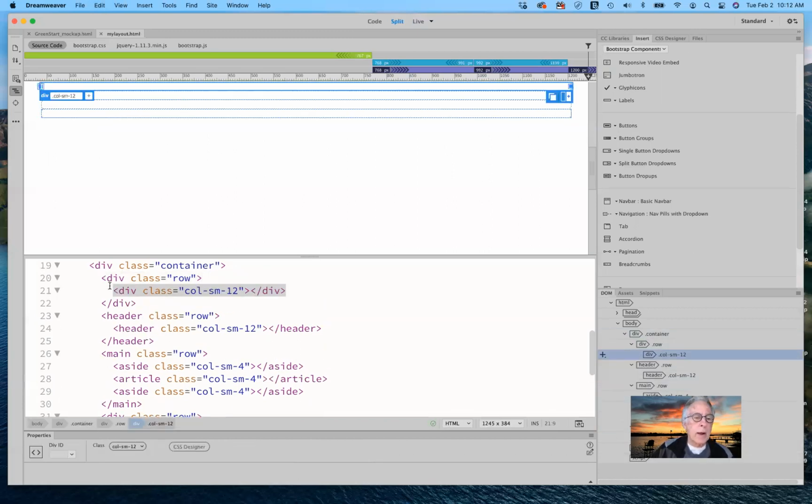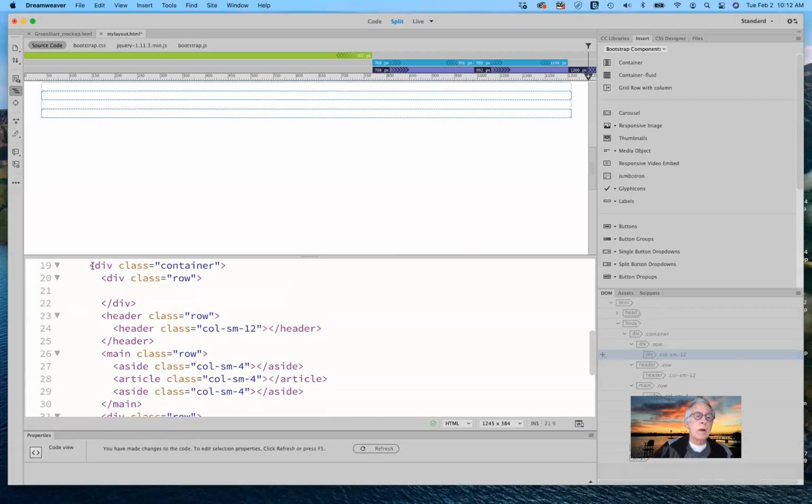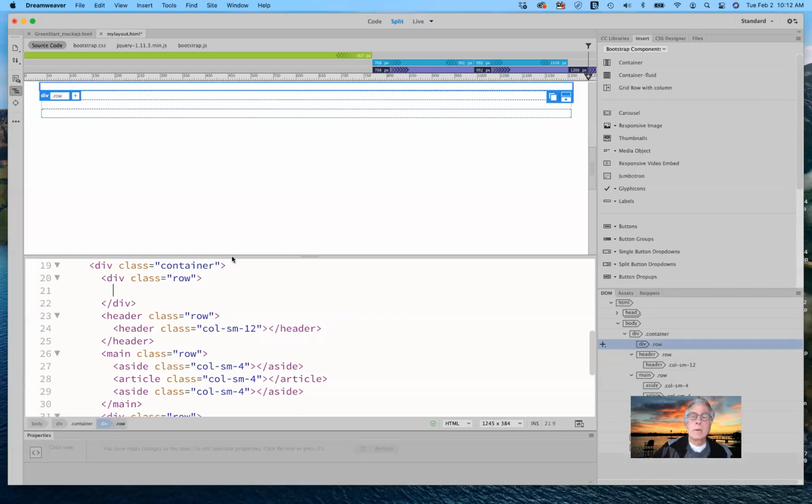The opening tag says div class row, and sandwiched between the closing tag for that div I have div class column small 12. That's what I want to get rid of. Sometimes I just prefer going into the code view, highlighting that and deleting it. This is the location where I'm going to put the